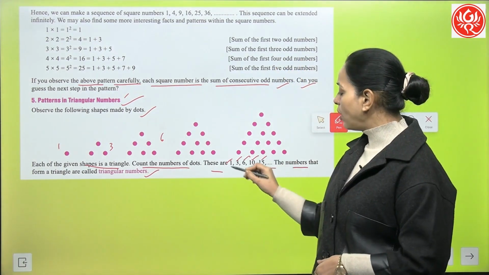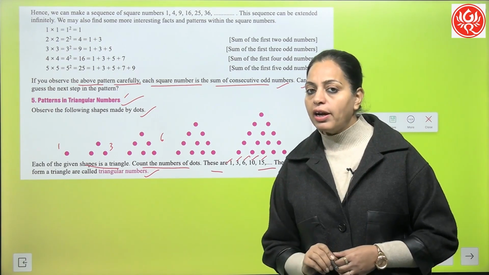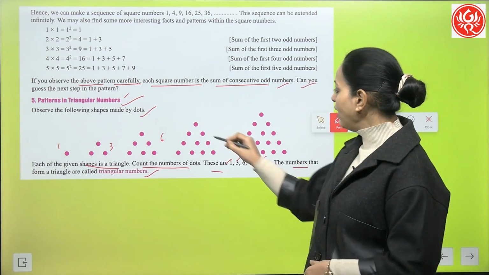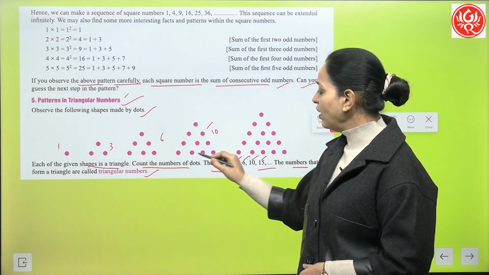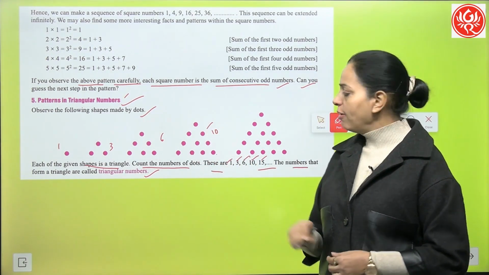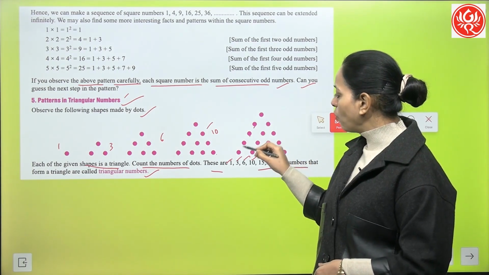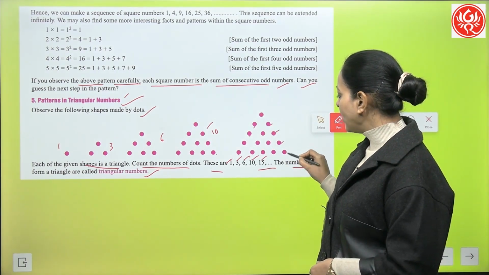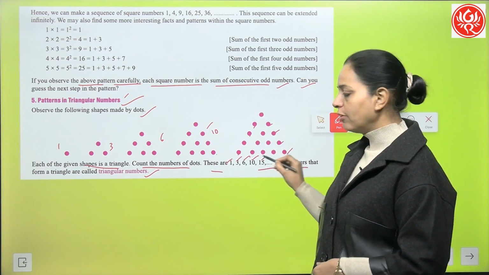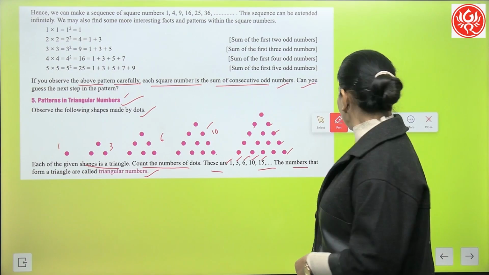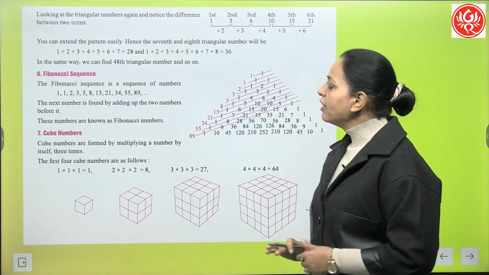So these all are triangular numbers. You can see here 10: 1, 2, 3, 4, 5, 6, 7, 8, 9, 10. Here 1, 2, 3, 4, 5, 6, 7, 8, 9, 10, 11, 12, 13, 14, 15. It is forming a triangle, right? Now,